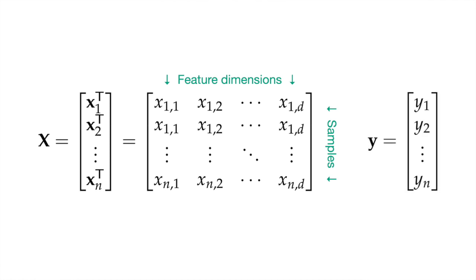Correspondingly, we will pack all of the ground truth values y into a single column matrix, such that each of the rows in that matrix is the ground truth corresponding to the matching row in the design